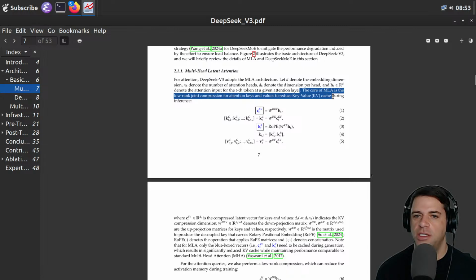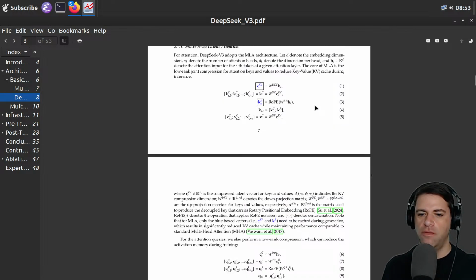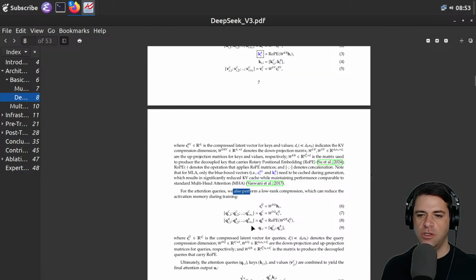So the core of MLA is the low rank joint compression for attention keys and values to reduce the key value cache. And then for attention queries, I guess, we also perform low rank compression. So that must be the LoRA thing, which can reduce the activation memory. So we have